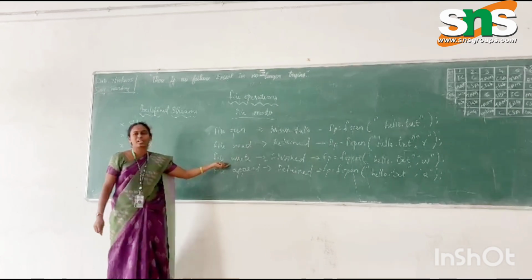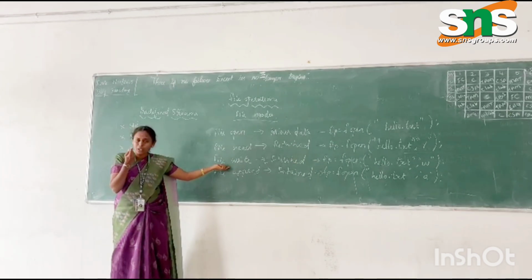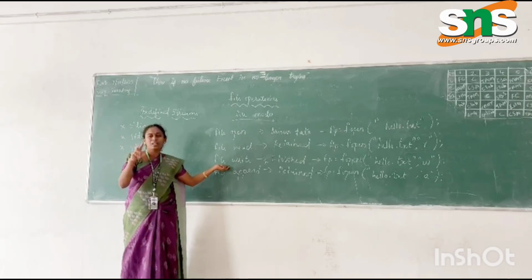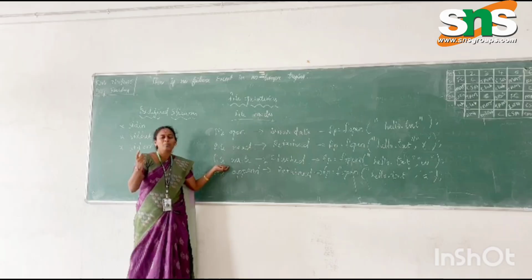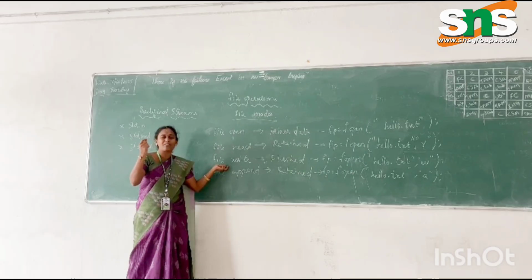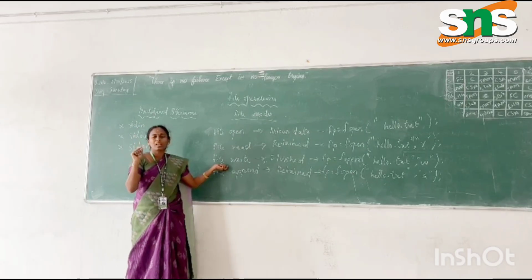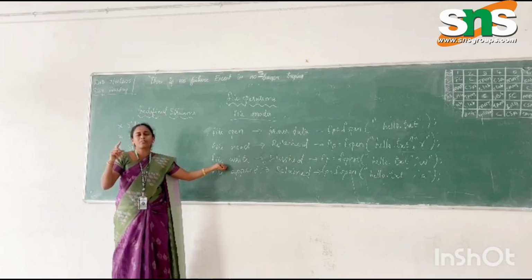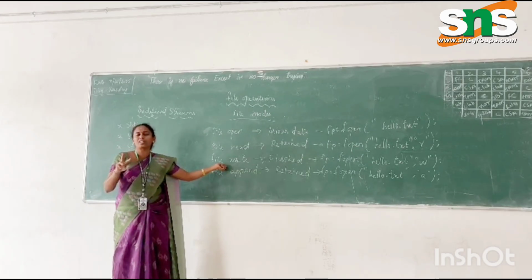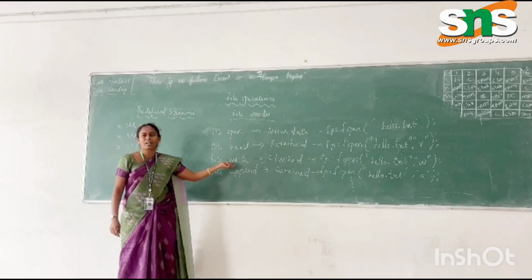The next one is write. Write file means you are going to write new content into the file. The file can be opened or closed or not yet created, but you can write to the file after creating it. What can you do? After creating a file, you can write. Unless the file exists or has been created, you cannot write to this file.